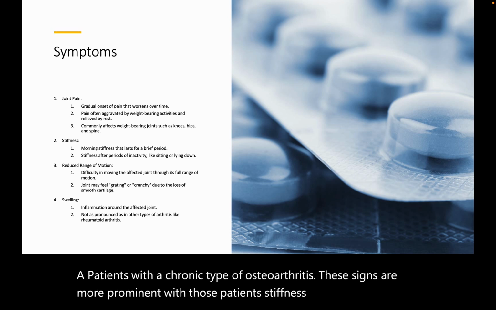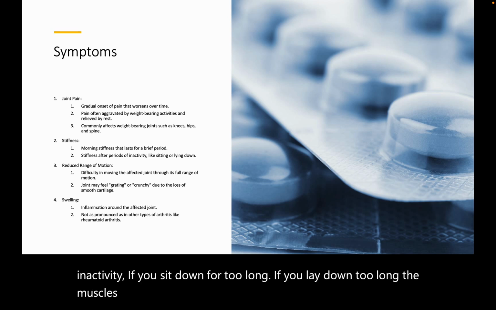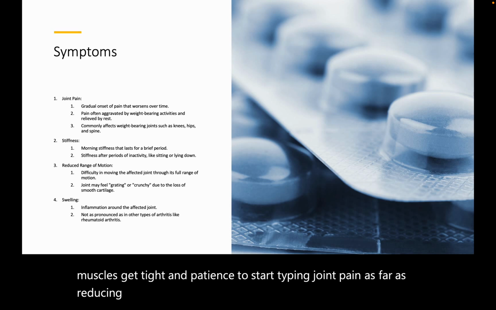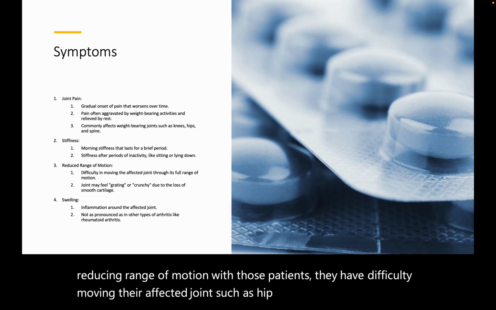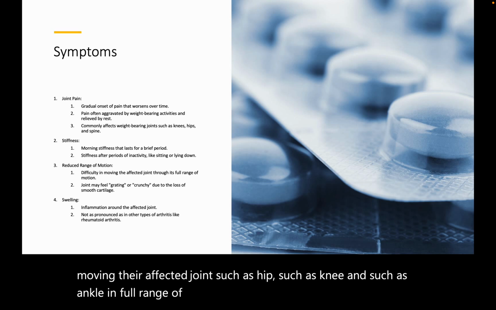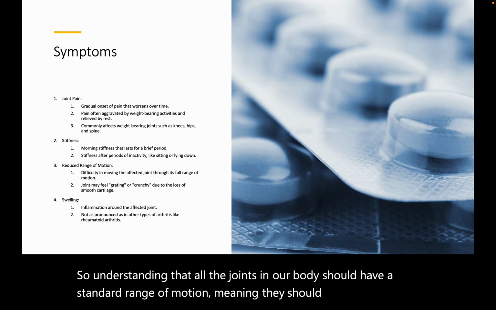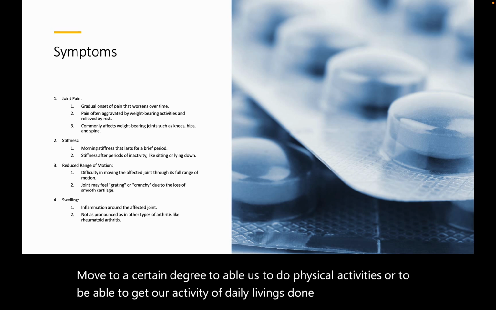Stiffness after periods of inactivity: if you sit down for too long, if you lay down too long, the muscles get tight and patients start having joint pain. As far as reduced range of motion, these patients have difficulty moving their affected joint, such as the hip, knee, and ankle, through full range of motion. All the joints in our body should have a standard range of motion, meaning they should move to a certain degree to enable us to do physical activities or get our activities of daily living done. If those movements become lessened,